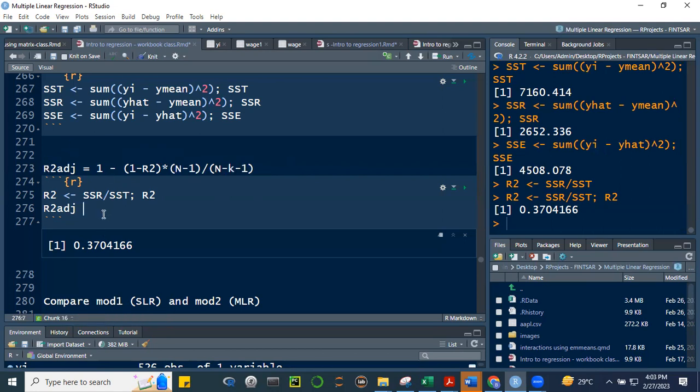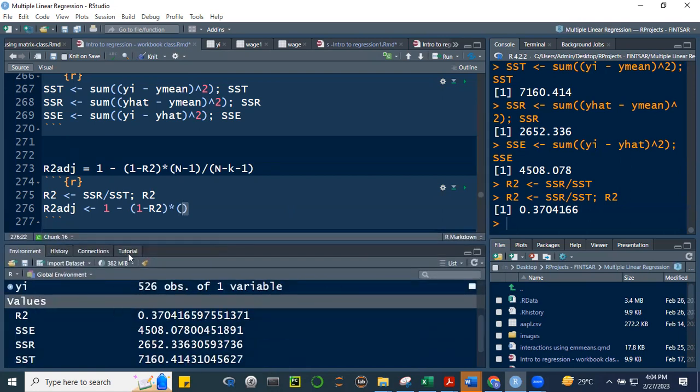All right? So let's solve that. 1 minus, we already have R squared. We computed R squared already. And then times n minus 1. What's n? n is the number of rows of wage, which is 526. But let's not write that. We'll use the number of rows of wage, minus 1. So this is n minus 1. And then we divide it by